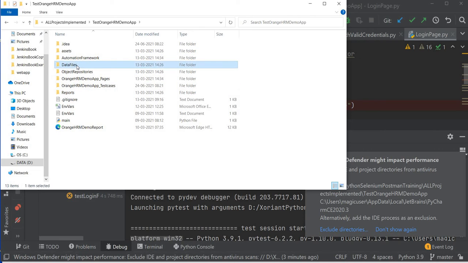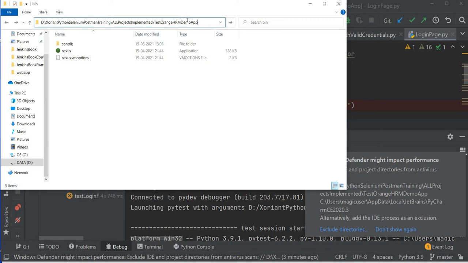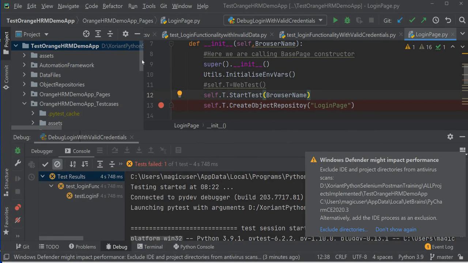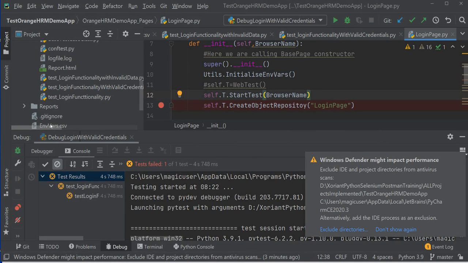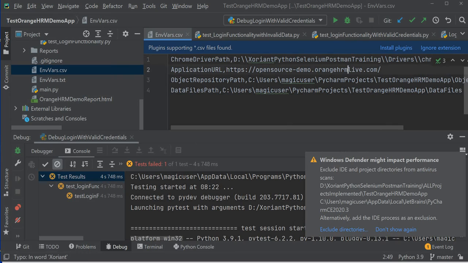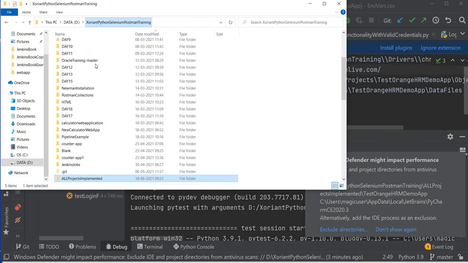And where is my driver? Drivers. Okay, so I have my drivers.